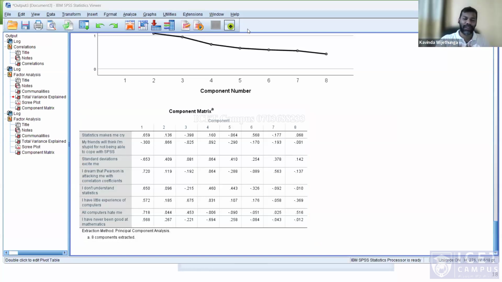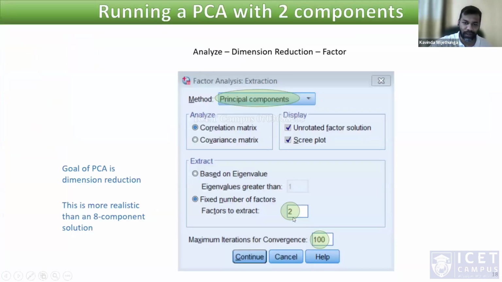So sometimes we can decide based on the eigenvalues. Here we are going to decide. We took 8, now let's take 2. Same process, right? The process is the same. Here we are going to fix the number of factors. Then we are going to reduce this 8 to 2, right? The same process. So we can go, right? Analyze,